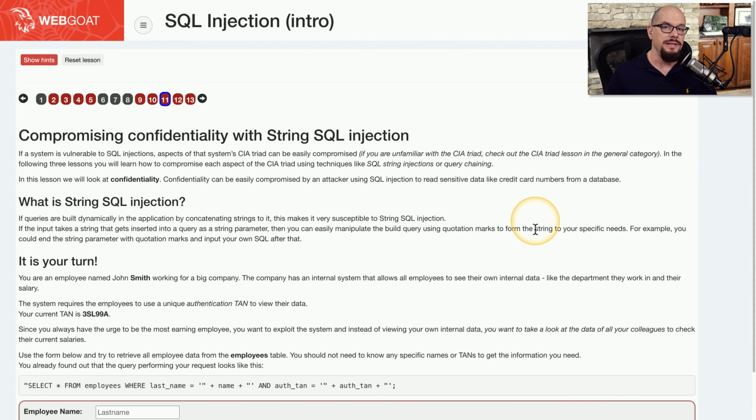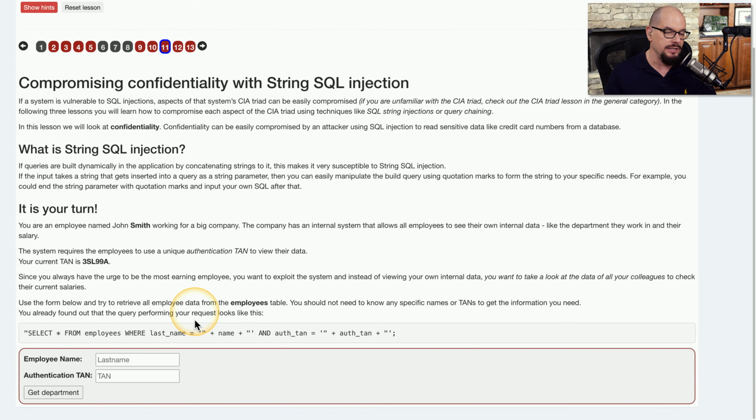Let's run a database injection on this intentionally vulnerable application that is found in WebGoat. You could load WebGoat on your own machine and run through your own SQL injection lesson. This particular lesson has a form, and it's used by an employee to gain access to their own personal information. The employee name is John Smith, and this particular application has a transaction authorization number that's used. The number in this one is